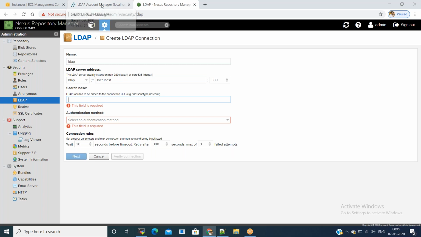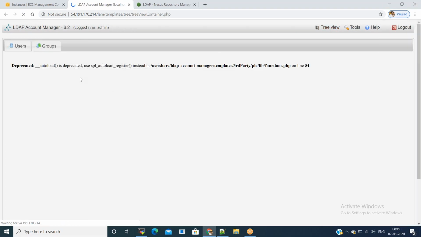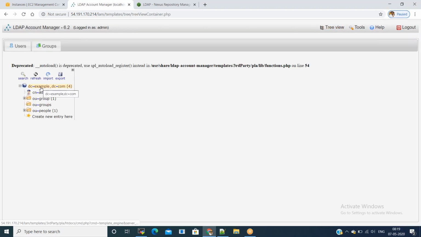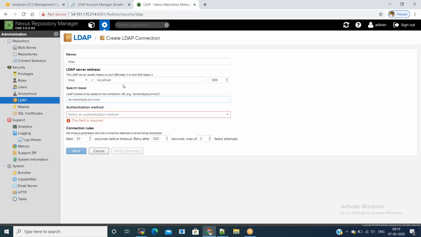Under the LDAP search base, you need to mention the domain component. For getting the domain component, go to LDAP account manager and go to the tree view. Under the tree view, copy the domain component. If you see, dn is dc=example,dc=com, copy this one and paste it under the LDAP search base. Under the authentication method, select simple authentication.